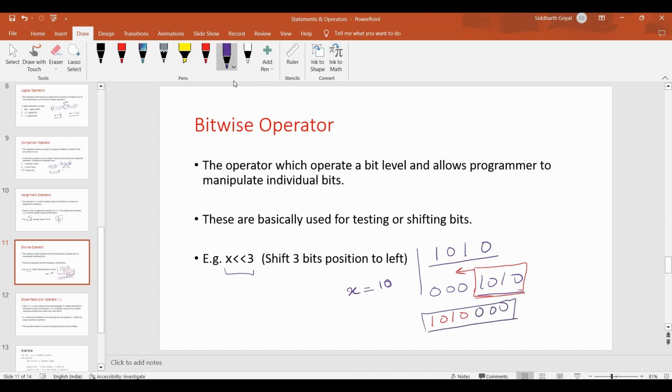All right, now this x was 10. Now what will it be? It's 0 1 2 3 4 5 6. So it's 2 raised to power 6 plus 2 raised to power 4. 2 raised to power 6 I guess is 64, and 2 raised to power 4 is 16. So it's 80, right? So once you shifted 3 bits position to left, the value of 10 became 80,